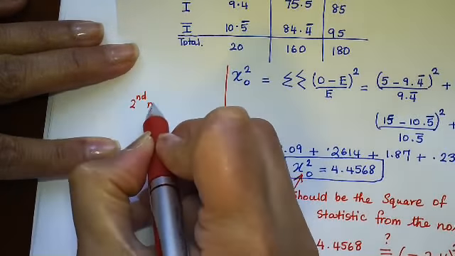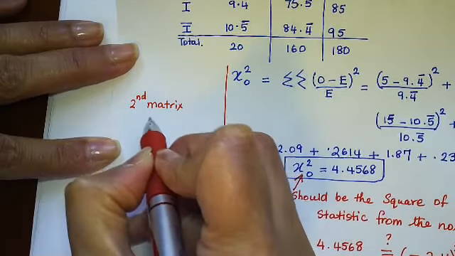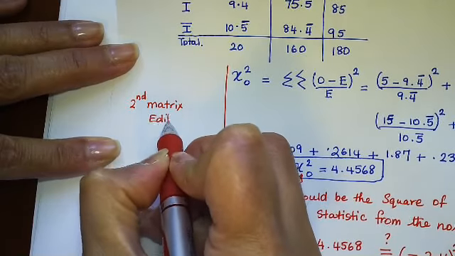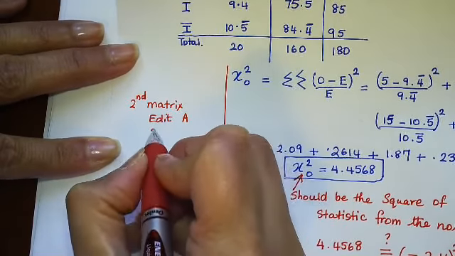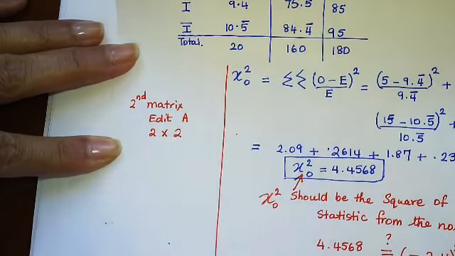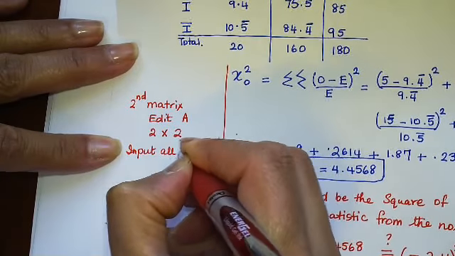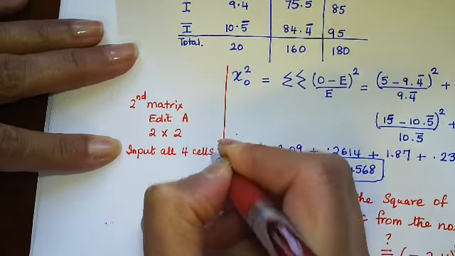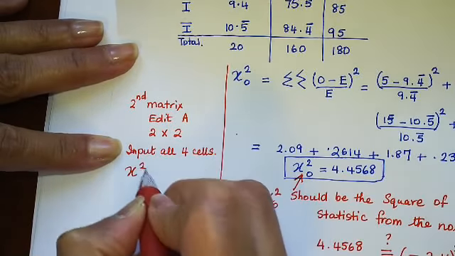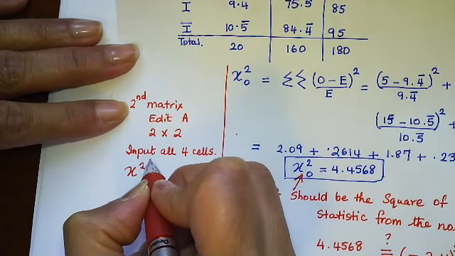So let's put over here the calculator commands. Second, matrix, edit, A. A is 2 by 2, and then input all